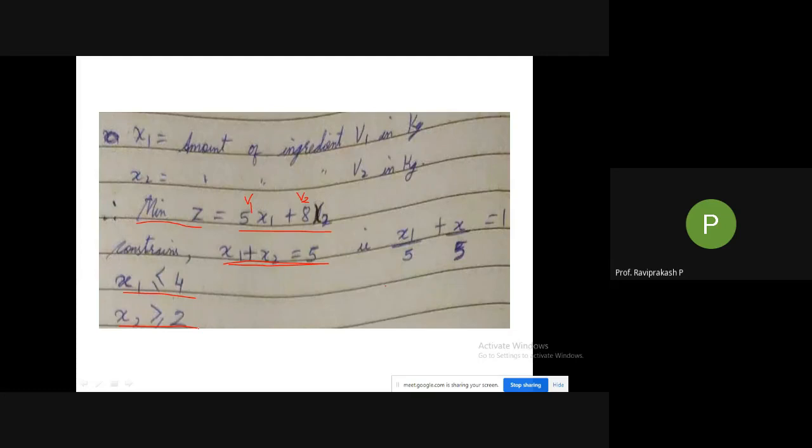So if it's a 10-mark question and with formulation they have asked the final answer, if you are not able to formulate, you'll lose all the 10 marks. A part of the 10 marks also will not be given because your equations will be wrong, or you were not able to write the equations. If you are not able to write the equations, you cannot move ahead to the second part of the problem. So your entire marks are gone.